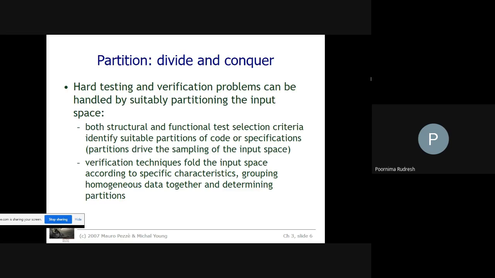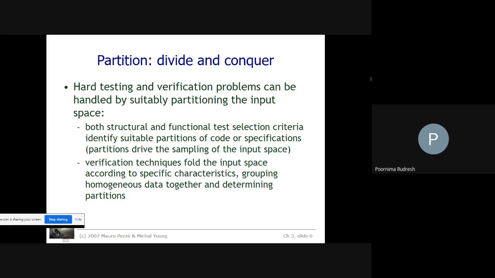Specification belongs to functional testing, and the second one is the criteria to identify suitable partitions of code. Code means it is a program structure that applies the structural testing criteria. For the specification, we'll say that it is functional testing. If you consider the structure of the program or the code, then it is structural testing. So here we are considering both structural and functional test selection criteria to identify the suitable partitions of the code